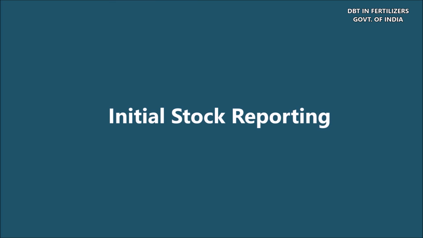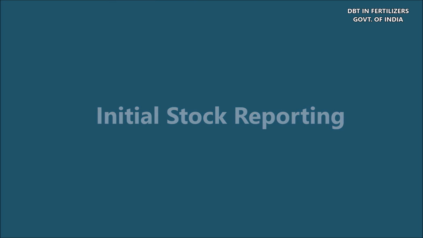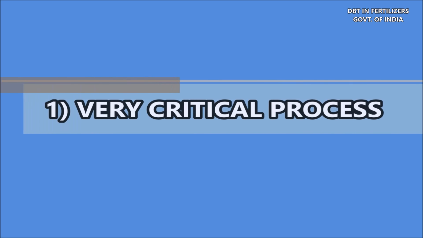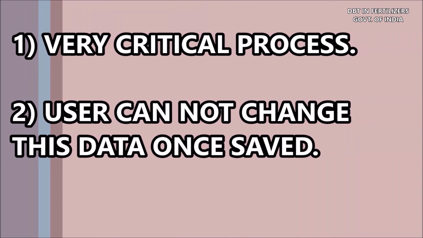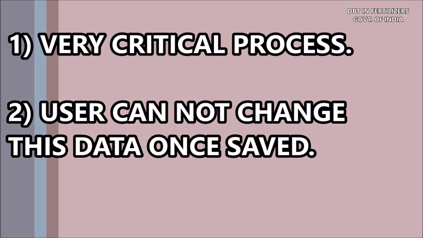Initial Stock Reporting. Initial stock reporting, a one-time measure, is very critical in the whole process of sale of fertilizers, as subsequent reports depend on it, and the user cannot change this data once saved. The process of initial stock reporting is as follows. Click on the Initial Stock